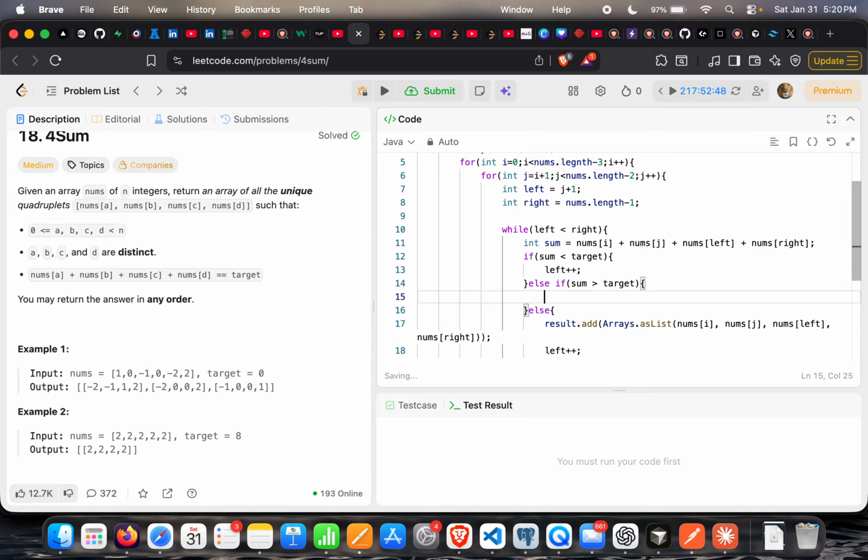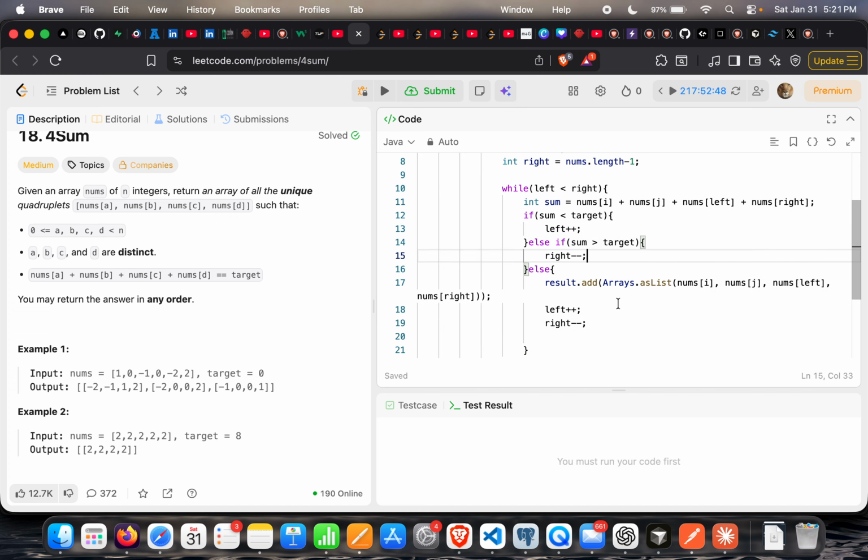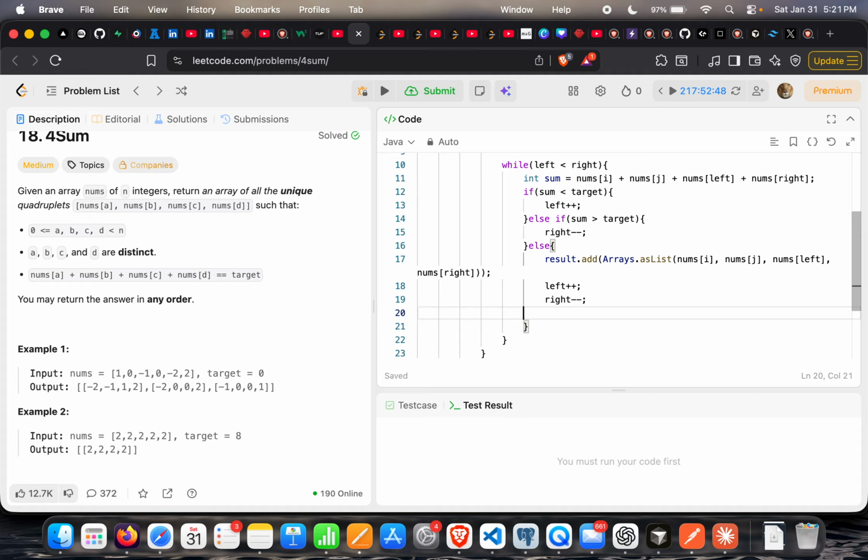and here, if it is greater than target, we have to decrement, we have to choose elements which are going to decrease. So we have to put here the decrement. Now, what do we do? Now, if the elements are duplicate, we have to skip those elements, right? So we just skip those elements here. While left is less than right and nums of left double equal to nums of left minus 1, what we do is we just simply left plus plus